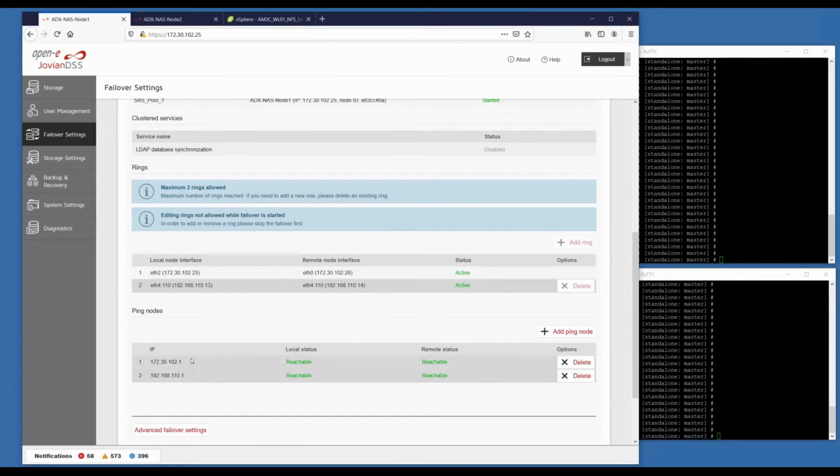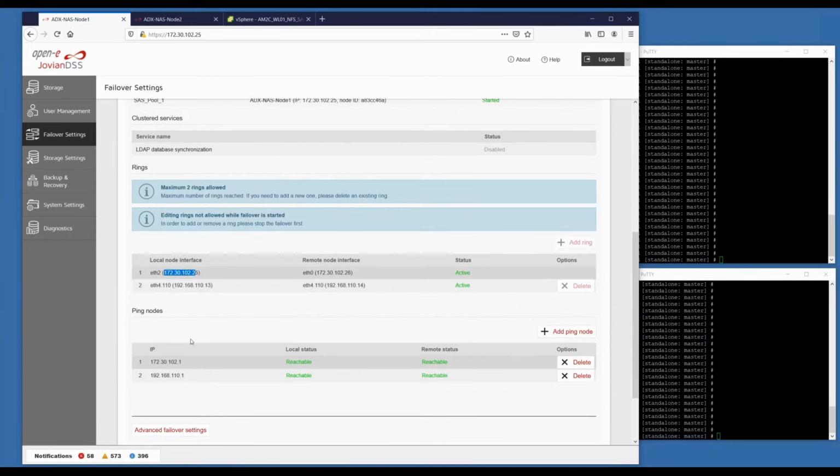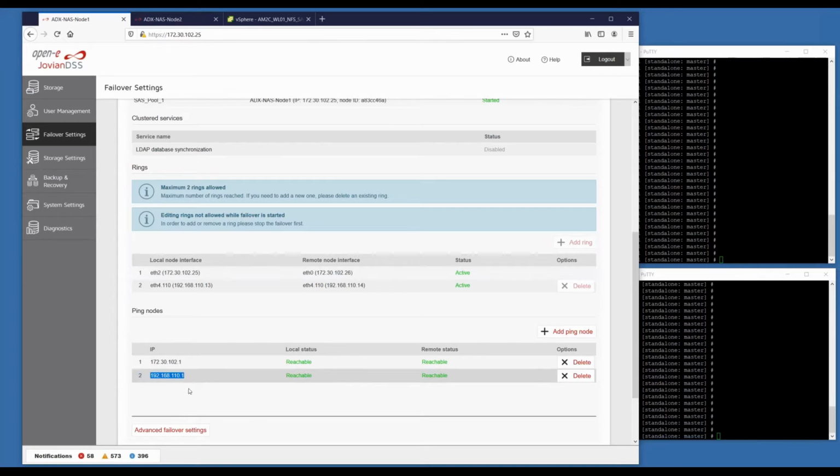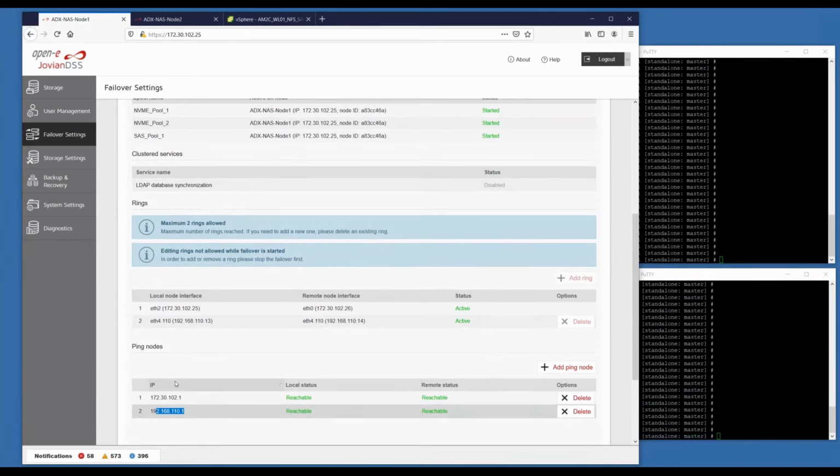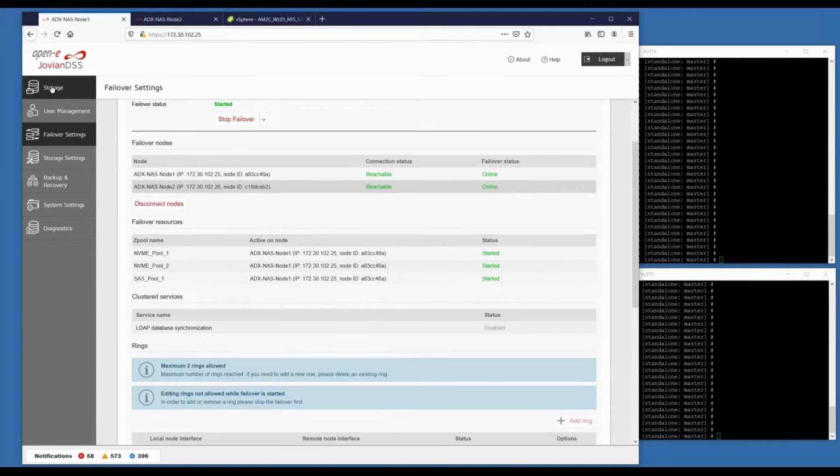So this is our physical gateway out of our network. That's on the same management interface. As you can see, it's 172.30.102.1. And then I added that VLAN to the 100 gig link so we could have another router interface, which is a fully redundant VRRP interface on our 2 different switches. So if either switch fails, this .1 will still always respond. That way we have physical and logical redundancy, so we don't have any kind of split brain scenarios or anything of that nature.